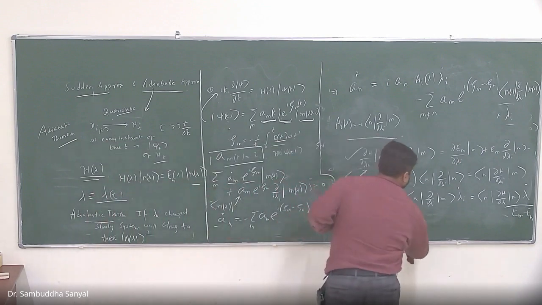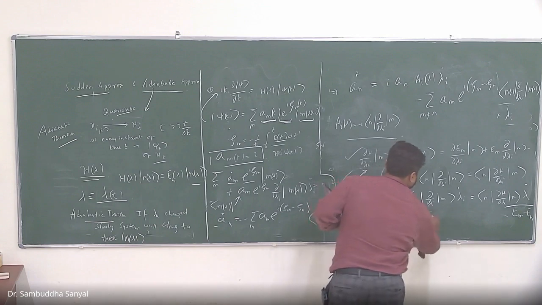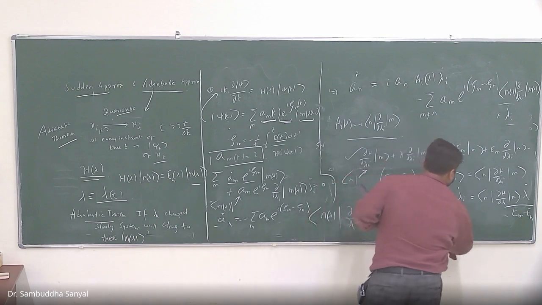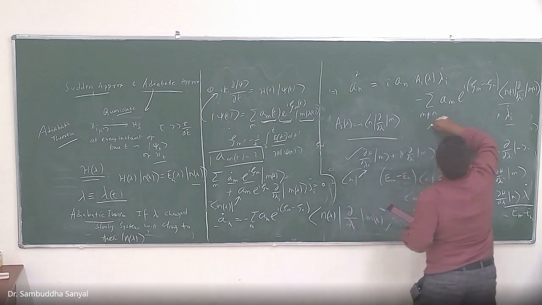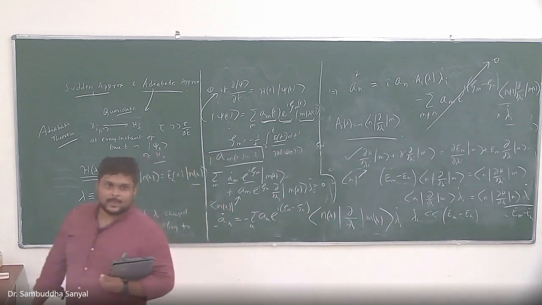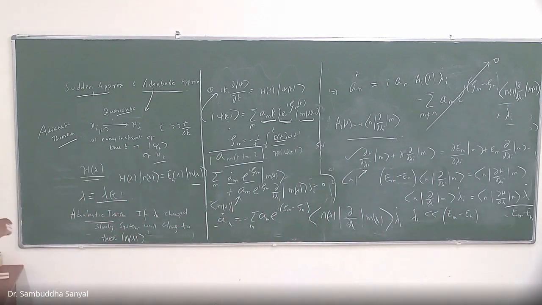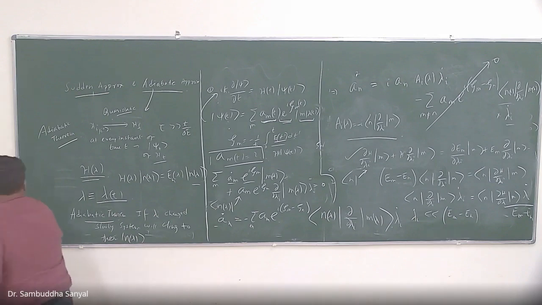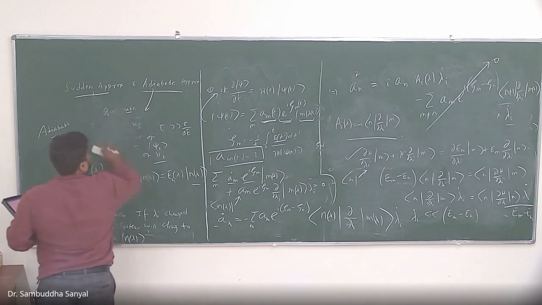What I'm saying is that if lambda I dot is much smaller than em minus en, then I can throw away this whole term. That means the rate of change of lambda is much smaller than the energy gap between the two levels, then I can get rid of this term. So now it's a trivial problem, because now what I have to solve,